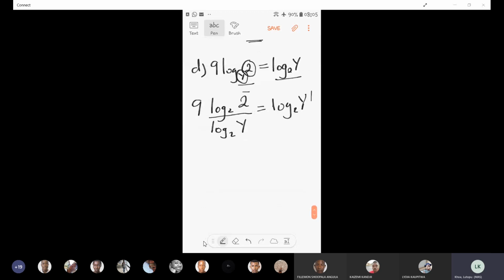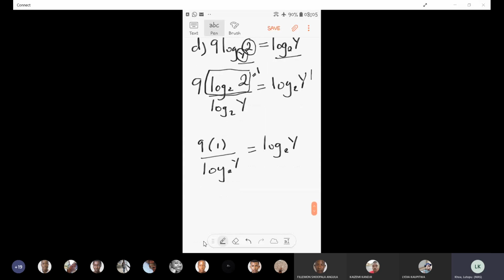Then the numerator over here, log base 2 of 2, is just equal to 1. So I have 9 times 1 divided by log base 2 of y, and this is equal to log base 2 of y. Okay, then from here we get rid of our denominator. That means you multiply by this denominator on both sides. So I have 9. This is equal to,